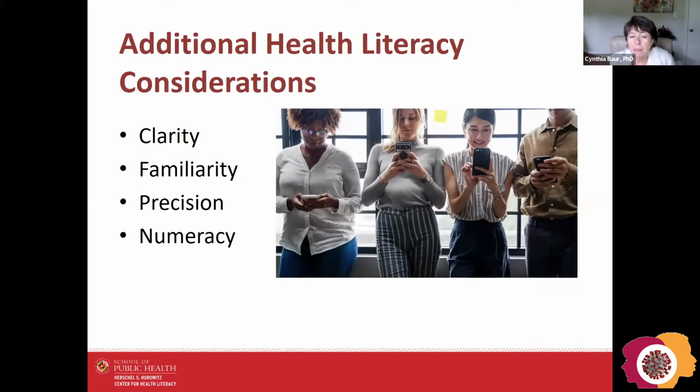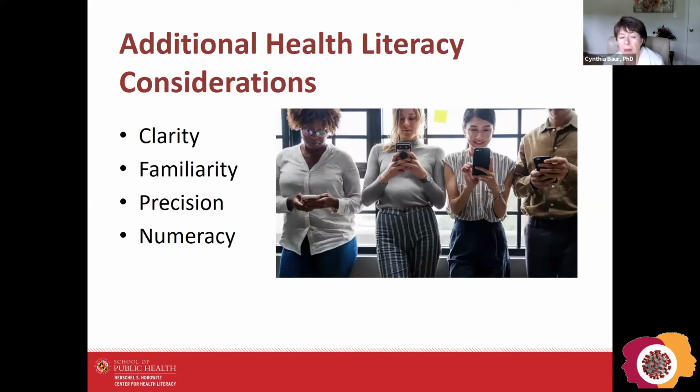Sometimes that's a characteristic that's more associated with scientific communication, but I would argue, after many, many years of working with plain language, that precision is a hallmark of using plain language techniques well. Plain language really forces you to think very carefully about what you're saying. So I would argue that when you are doing health literacy work well, you are actually being very, very precise in your language. And finally, health literacy